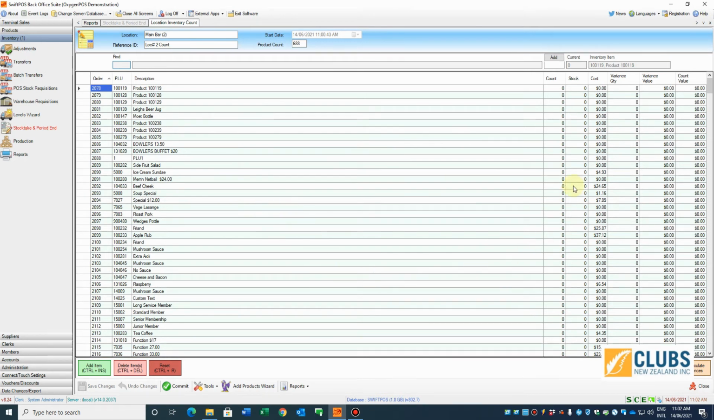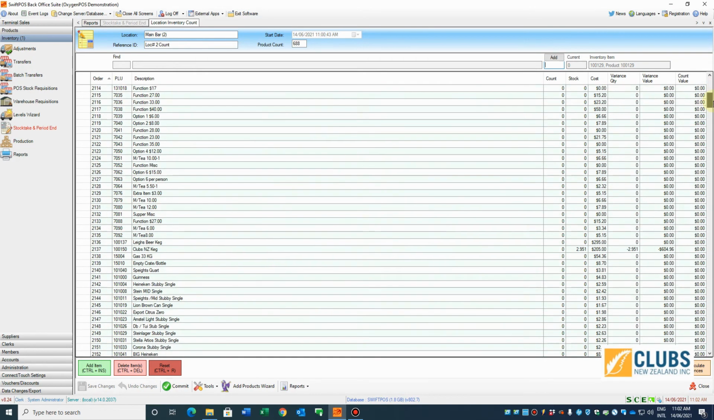So you'd walk back with the count sheets and you'd start putting it into the count field here, however many you've got. Now the only one that we're worried about is the kegs. So if we go to the Clubs New Zealand keg here, you can see that we've got 2.951. Now, to count a keg, you really need to weigh it. You can just shake it around and have a best guess at it. To get it accurate, you could weigh it for sure, but we'll just take our guess and say, okay, we actually had 2.9 of those, although you'd probably want to,